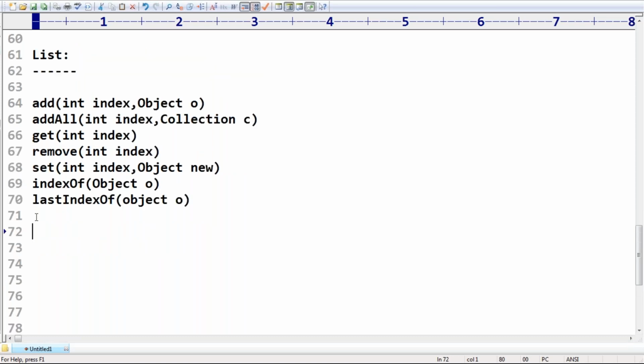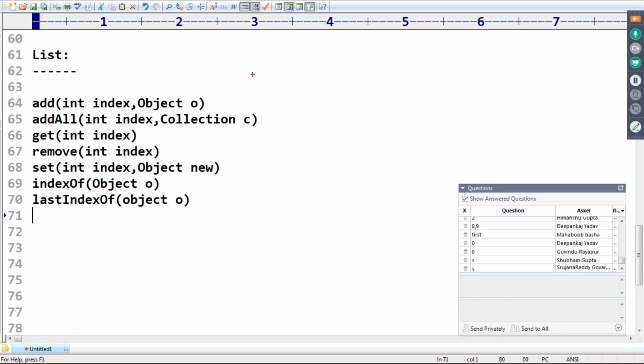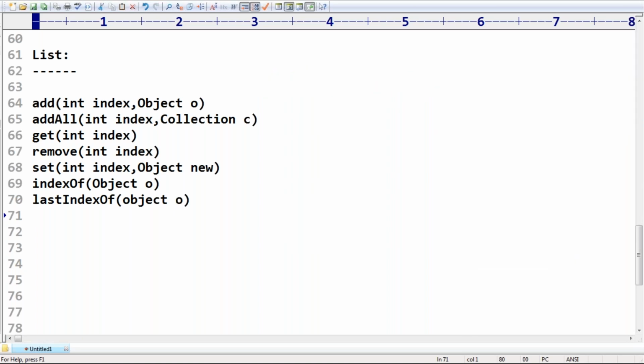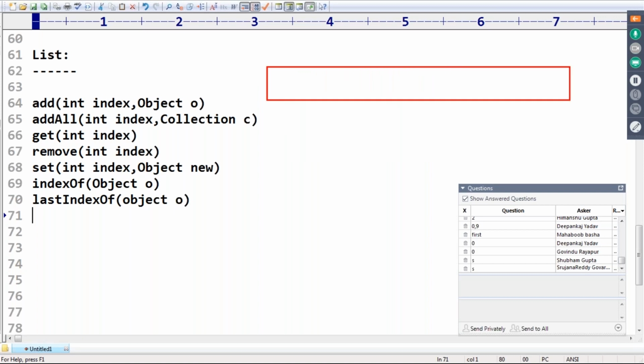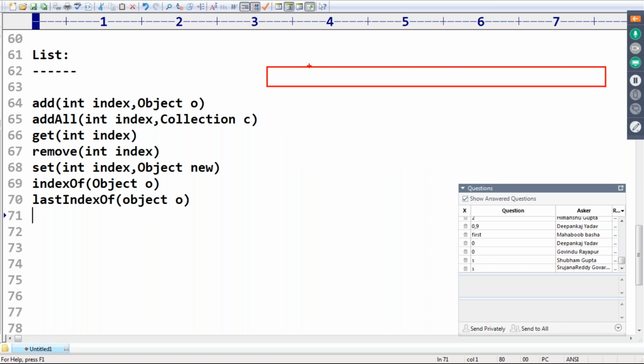Okay, make sure. But here one small twist is there. Suppose I have a list available, sir. Assume that I have this list. This is my list. Now, sir, these objects I want one by one. Are you getting? I want these objects one by one. If you want objects one by one,